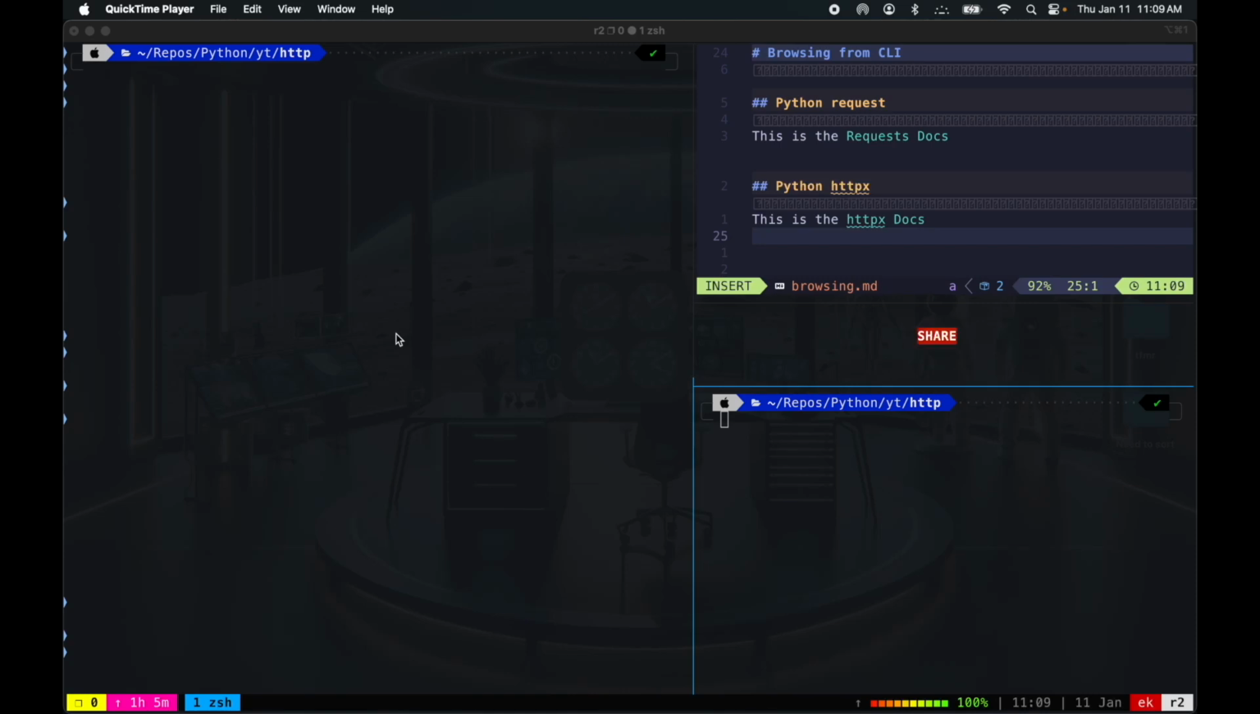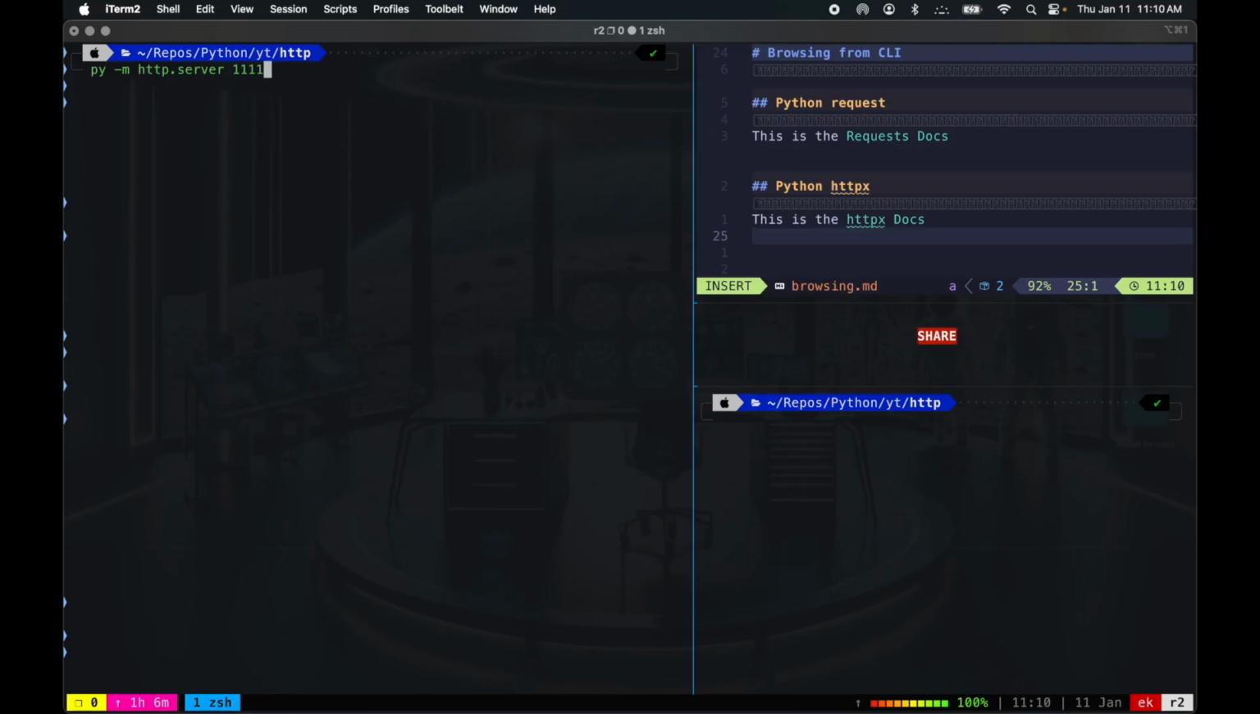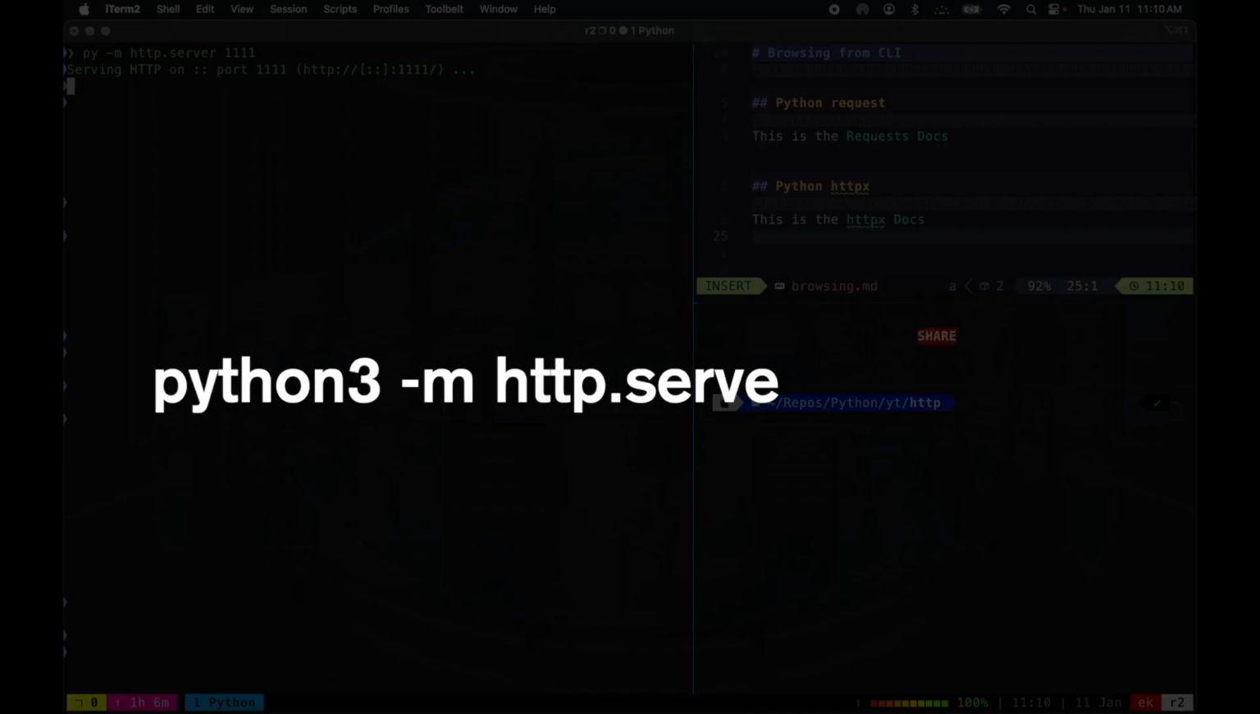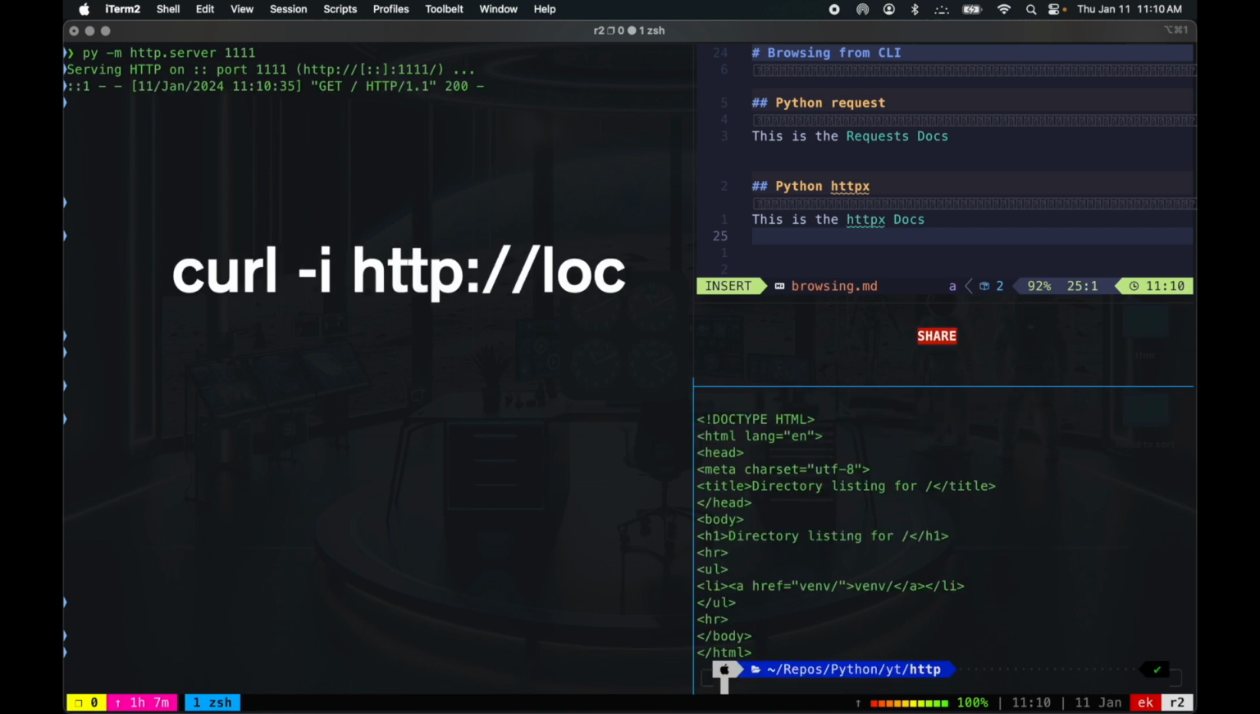I want to talk about Python requests and HTTPX. If we want to start our Python server, and the port number, let's give it all ones. So now we have a HTTP at localhost 1111. So if you curl it,